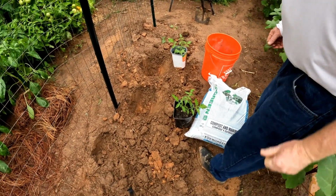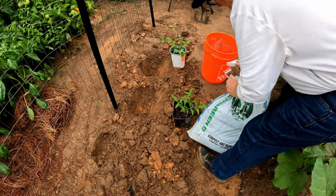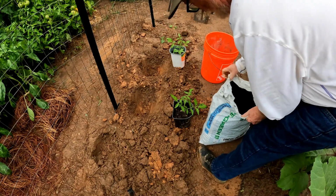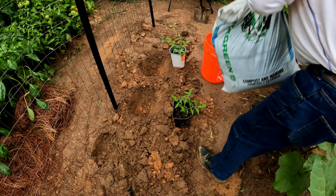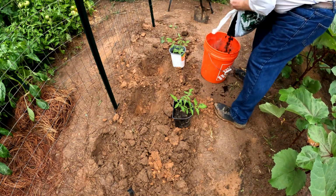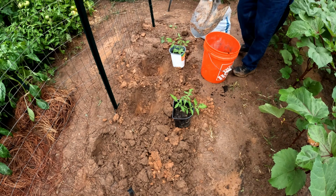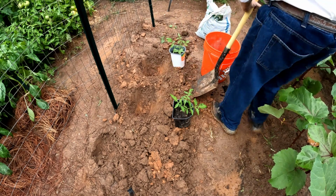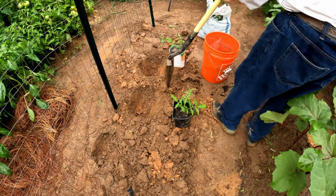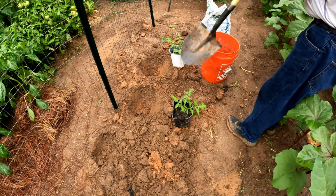So now it's July the 2nd, and it's time to get them in the ground. So what I'm going to do with this compost and manure is I'm just going to open the bag. And I'm going to fill it about half full. And then I'm going to get regular garden soil that I've already dug up for these holes. And I'll mix it in. And this is all the fertilizer I'm going to use,